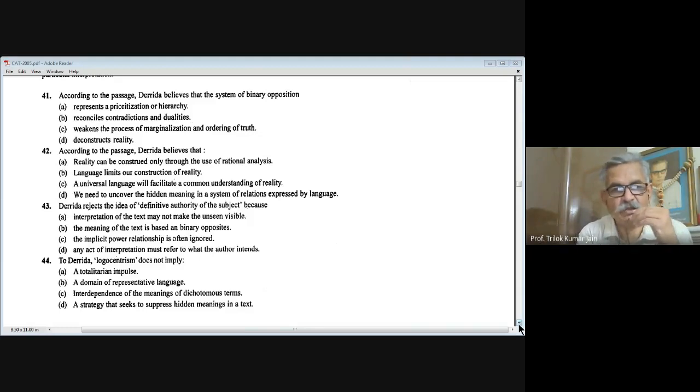The answer. Remember, in these examinations, we have negative marking also. So if negative marking is there, if we give the correct answer, fine. If we don't give the answer, that's also fine. If we give a wrong answer, then we get minus. So write down your answers A, B, C, D, whatever it is, for 41, 42, 43, 44. For all these questions, write down your answers. Let's check out your answers at the end.